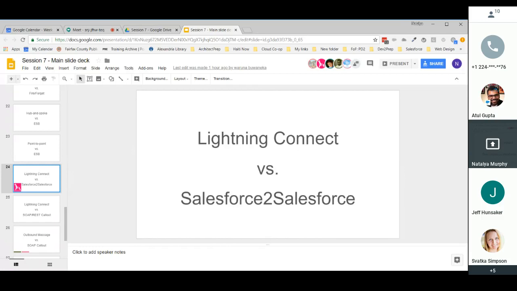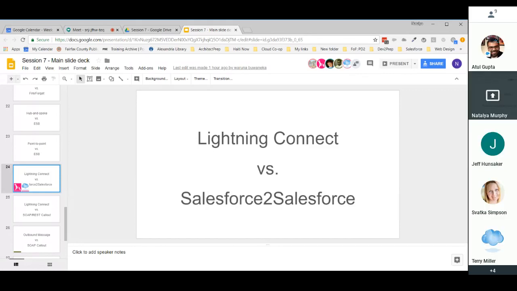Yeah, sorry. So Lightning Connect, guys, the very important thing is external objects. That is exactly used. And Salesforce to Salesforce, you're actually transferring data. So it's actually going to be part of your data storage. But Lightning Connect external objects don't count against that. It does make sure that whatever the external system you're connecting your external objects to, the data is coming in real time, so your data is always up to date, and that connection is always there. Salesforce to Salesforce, anything that changes in Salesforce,